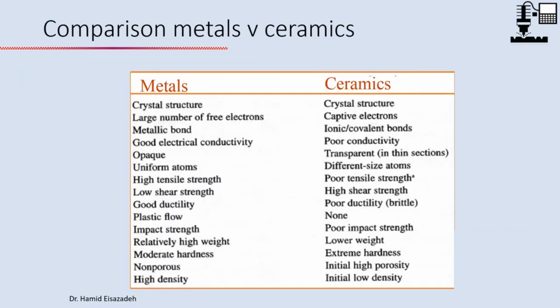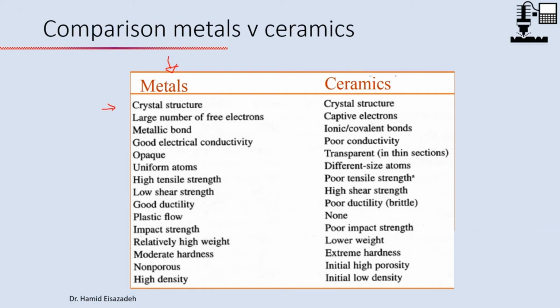This table compares the properties of metal and ceramic. First it shows the crystal structure. In metal we have a crystal structure, which is the same thing in the ceramic, but in terms of electrons, we have a large number of free electrons in metal, but in the ceramic, because of the type of bond, we have captive electrons. The type of bond in the metal is metallic. In the ceramic, it's an ionic and covalent bond. And